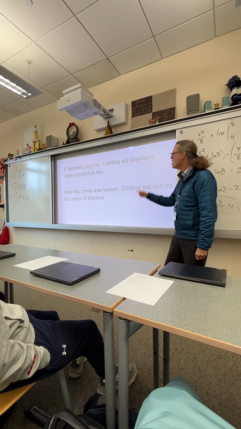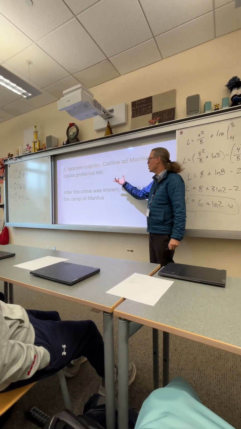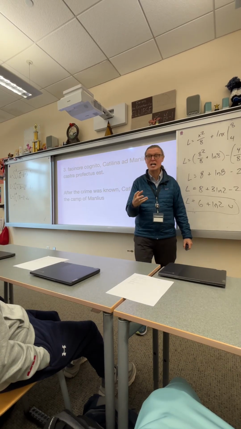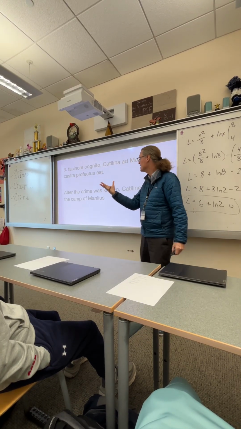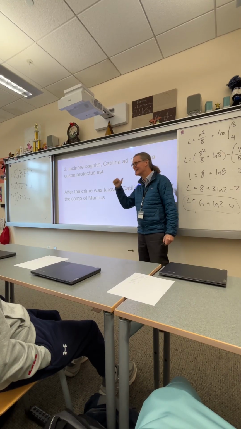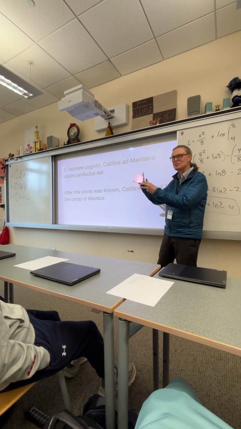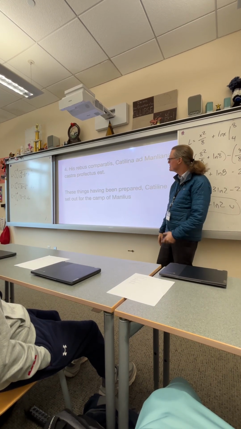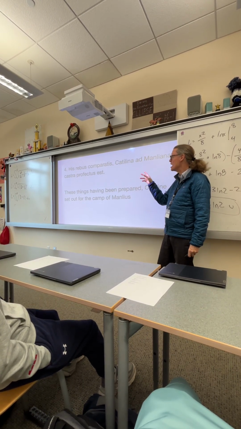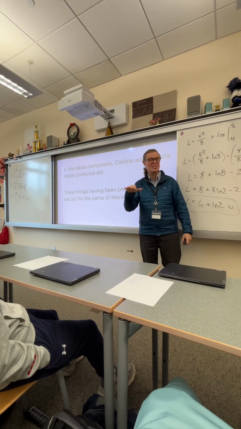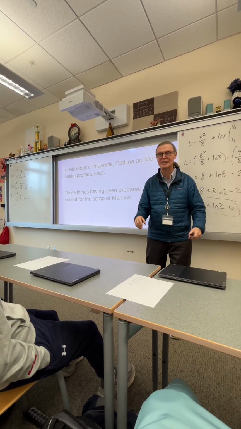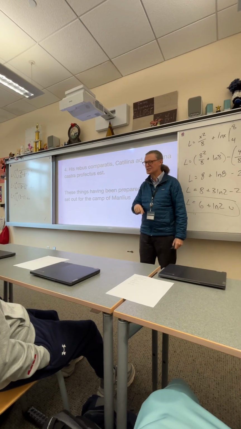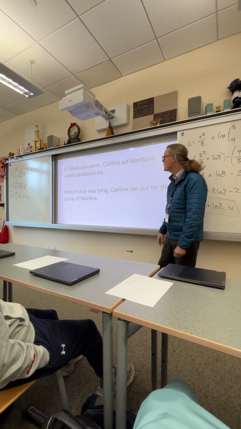Let's try another. Facinore cognito. PPP again, right? Once the crime was discovered, Catiline got out of there. All right? Give some extra information that's related, but a little bit separate. Nice. His rebus comparatis. Once all this stuff was gotten together, and sometimes it can be "although," but I'll show you that in a separate example.